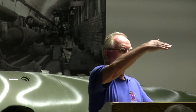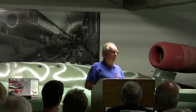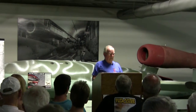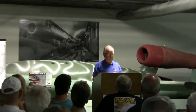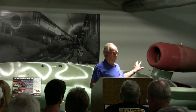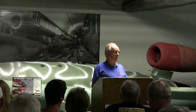Our job was to destroy the launching ramps for these. The launching ramp was like a ski upside down, and it would come out of a hole and launch with a rocket assist. Our target, my first mission on Christmas Eve 1943, was to attack these launching ramps so that London wouldn't have to suffer another